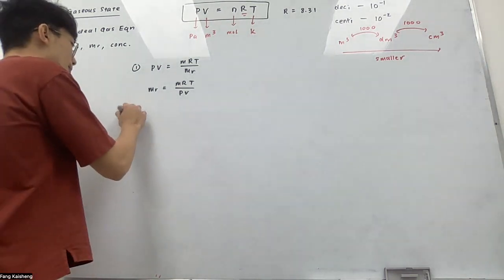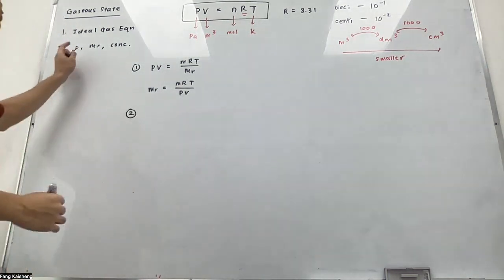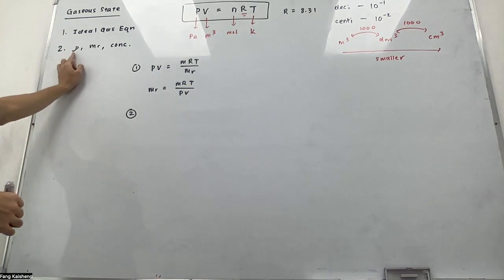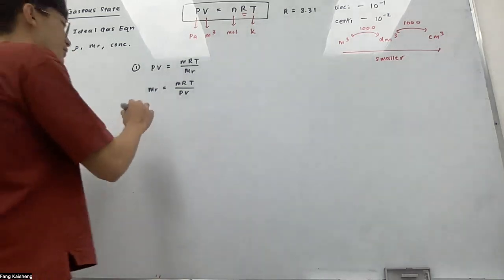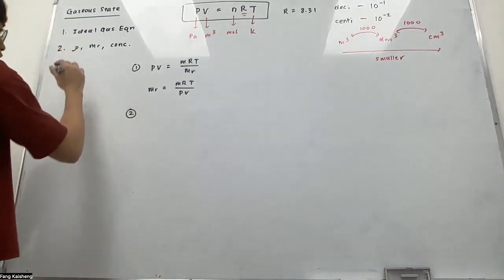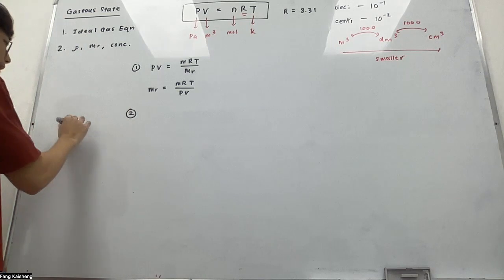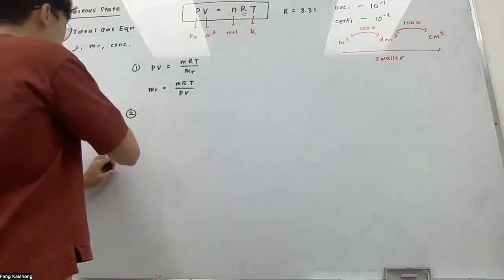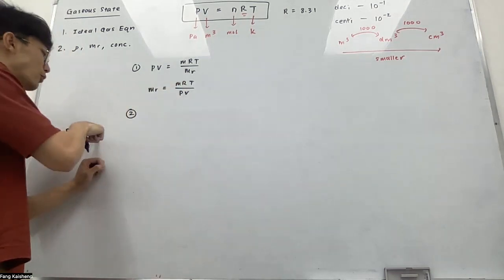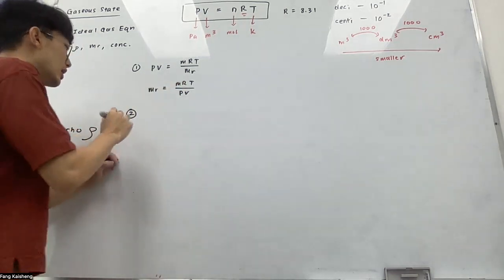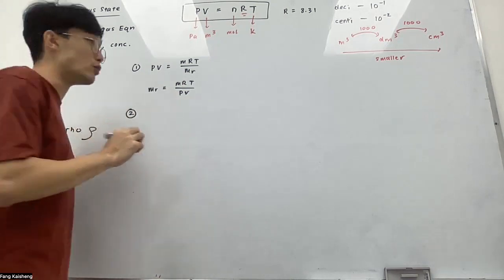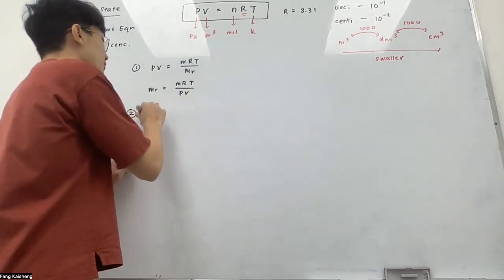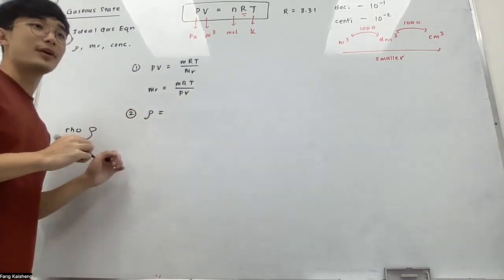Okay, the second one is a little bit more challenging. We are going to try to introduce this inside. Any idea what this thing represents? Density. Guys, what is the formula of density? Now take note this is called rho. Rho is not the letter P. Because you're introducing both pressure and rho inside, you need to be very clear. If this one looks like P, they're going to mark you wrong, or you're just going to confuse yourself. So rho is equal to